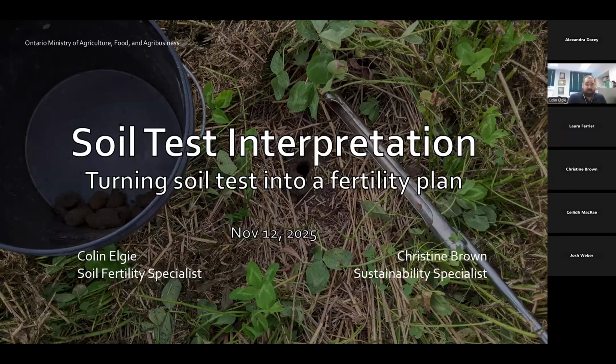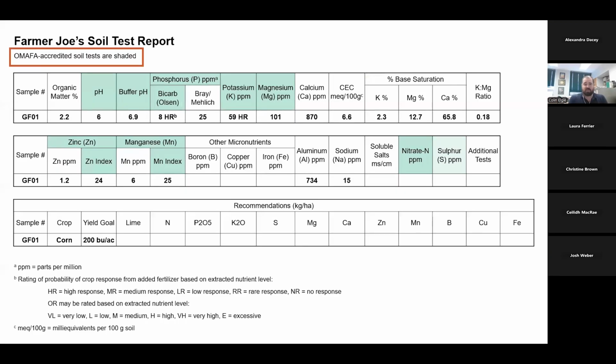So yeah, like Laura mentioned, last week we took a look at everything that's involved in getting that soil test in your hands, right from taking the soil in the field to getting that page that's got the results on it. And now we're going to look at part of what I think is often one of the most challenging aspects of the whole fertility plan: taking that soil test and really making sense of it, making it work as far as turning it into what should I do with fertilizer on my farm. And so really, this is what it boils down to.